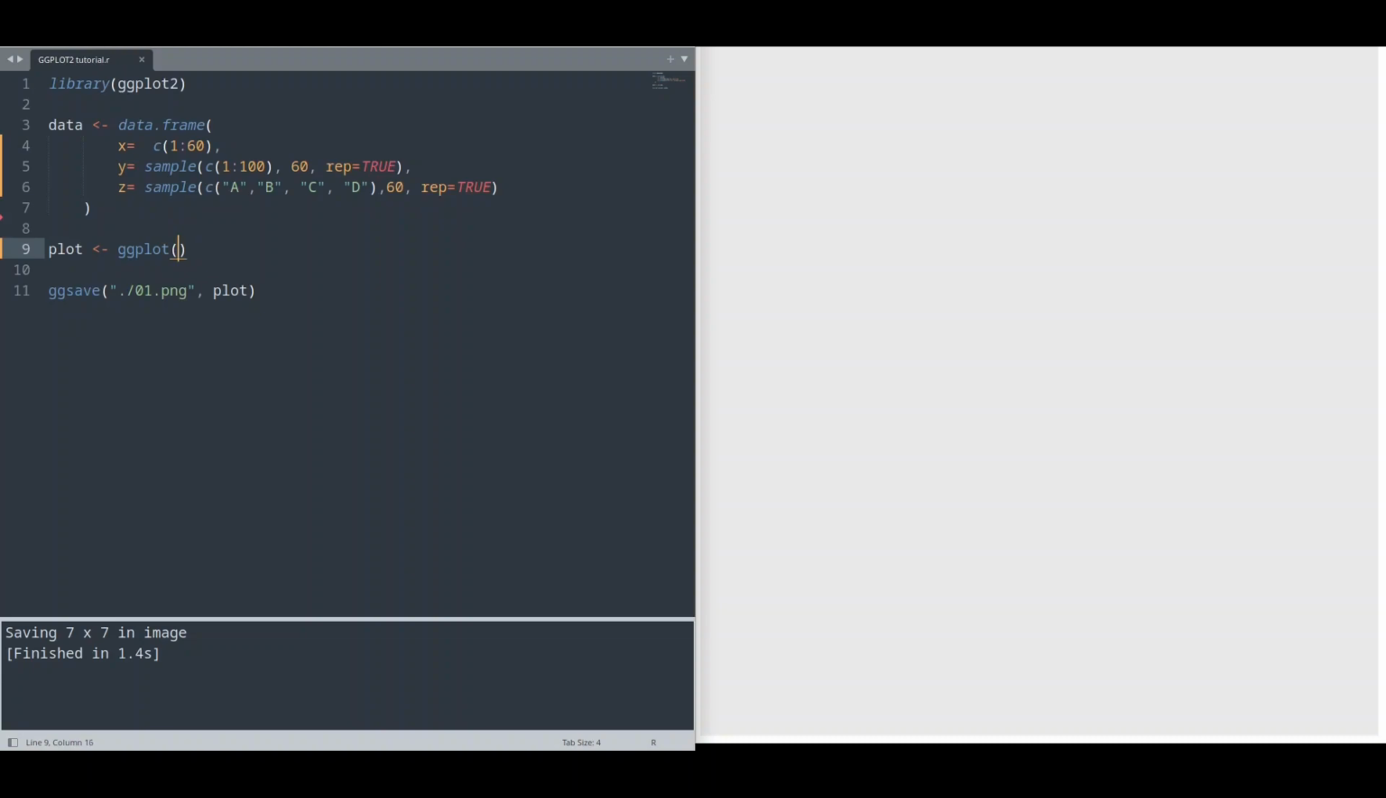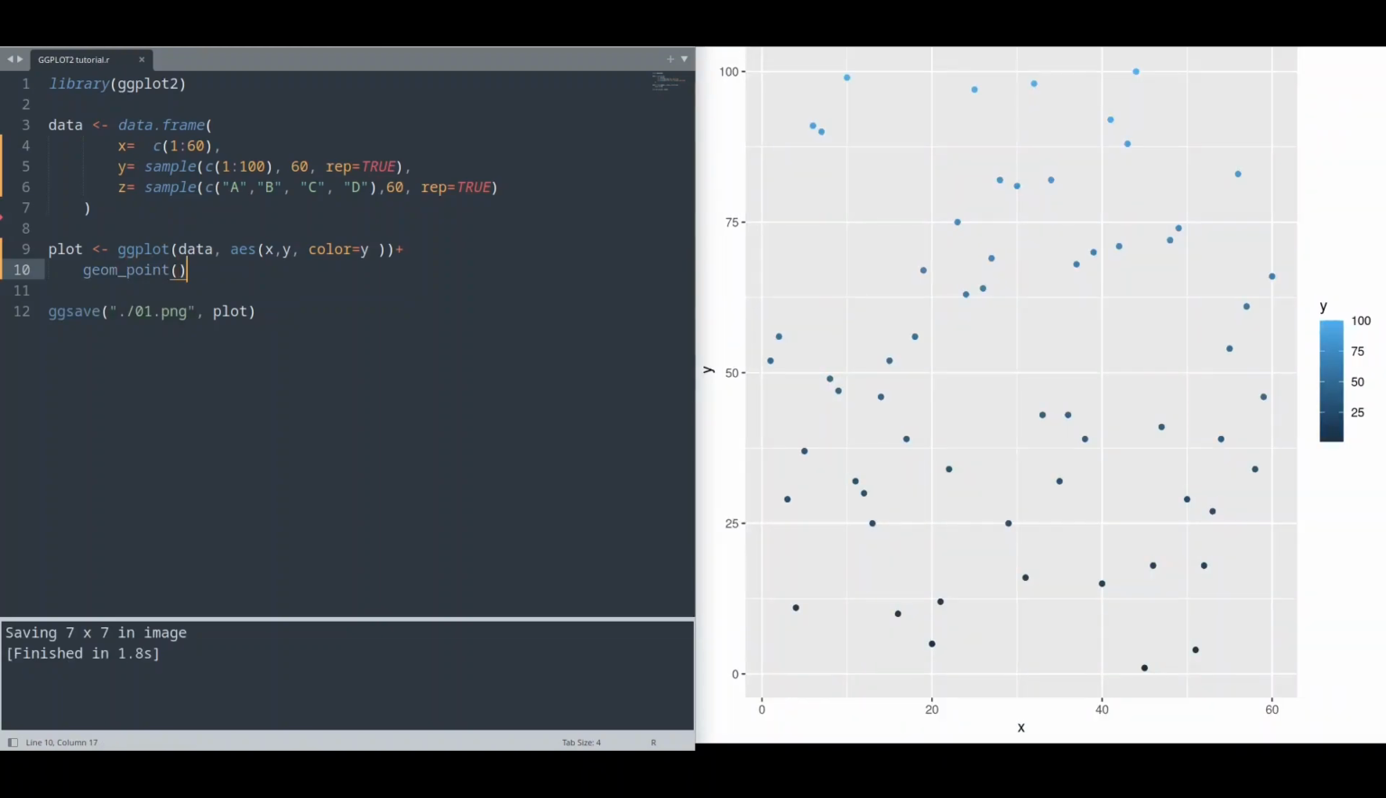So the first thing that I'm going to do now is provide data to our ggplot function, and I'm going to create aesthetics of x and y, and I want my color to be based on y. And I'm going to create geom_point like this, save it, run it, and you see that by default we have this blue and white color gradient palette, and I want to change that with the function of scale